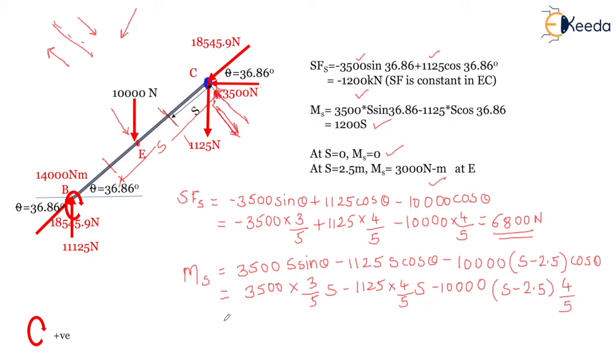So when we solve this equation, we will arrive at minus 6800 s plus 20,000. Okay, so when we substitute value for s, we will arrive that bending moment will vary at this point. Bending moment, it will vary linearly